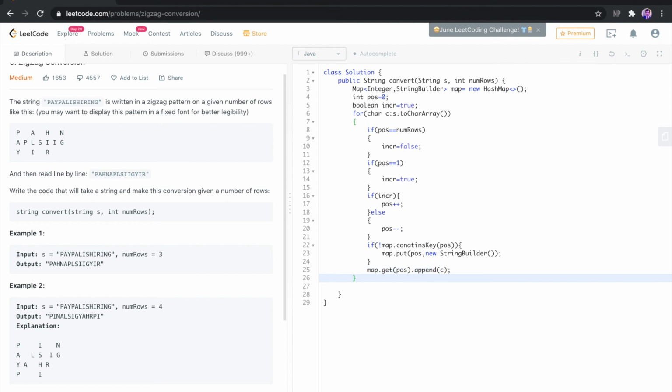Once we do that, we need to output a result. So to output the result, we create a string builder with the name of result, res.